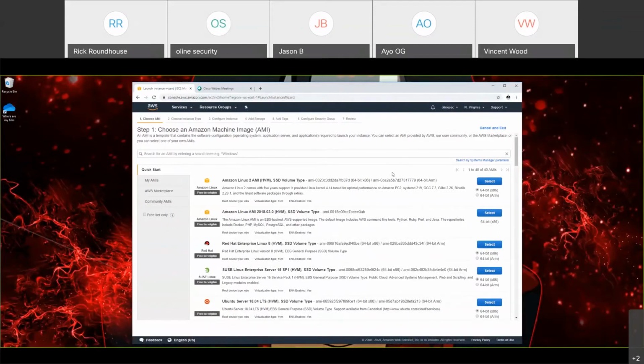So we want a Linux OS and we want a Windows OS. Let's start with the Linux OS first. Linux right here, and we want free tier eligible because you don't want to get charged if you don't have to. This one is good. It's the same AMI that we're using for the Cyber Thursdays, and the same one I use for the class too. So we're going to hit select,